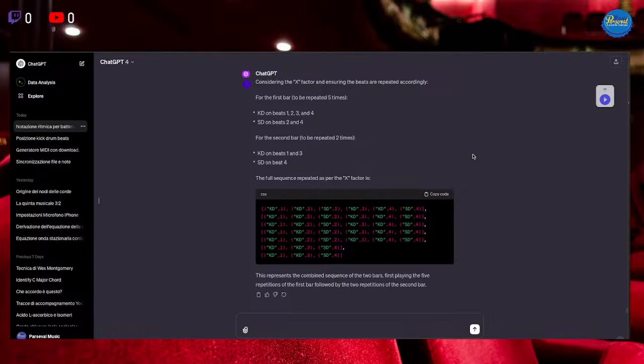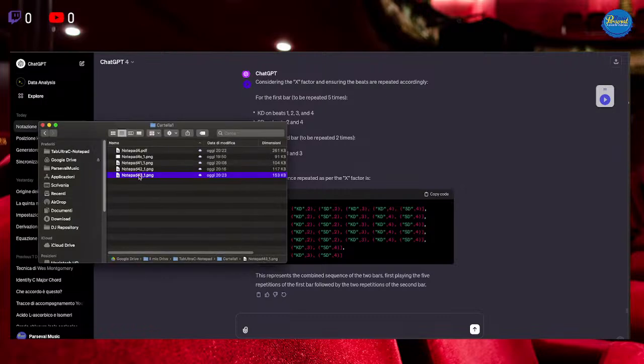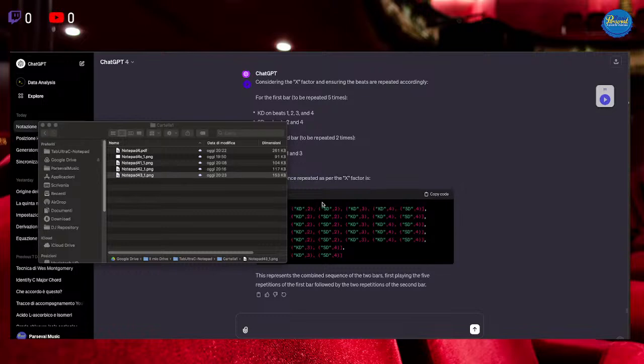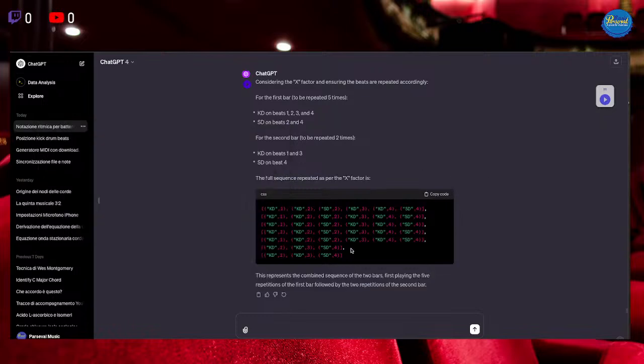You could think of expanding this pattern and adding the hi-hat, so you will have to add another line or another symbol of hi-hat in the middle if you want to play on each 8th note, but at the end of the process you will get the correct output with the correct number of repetitions, as you can see, all written in a piece of paper.